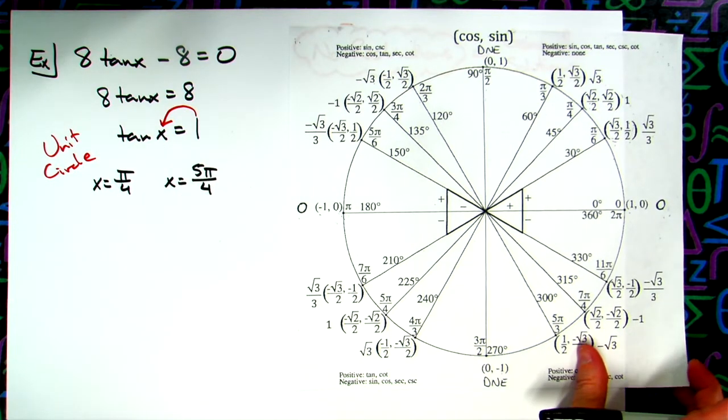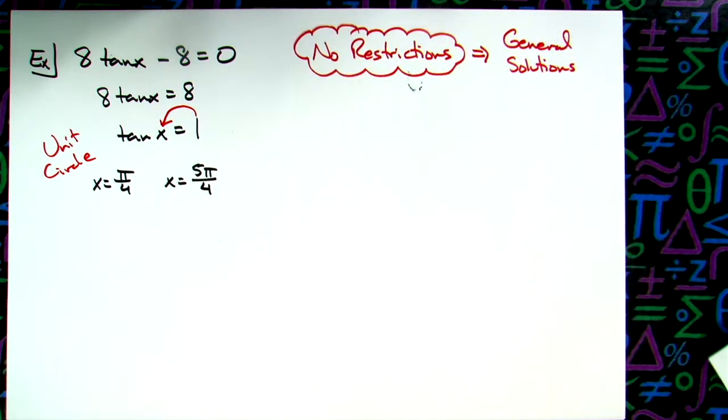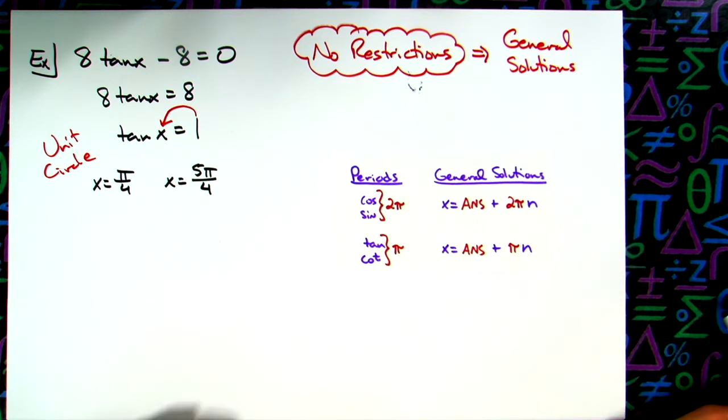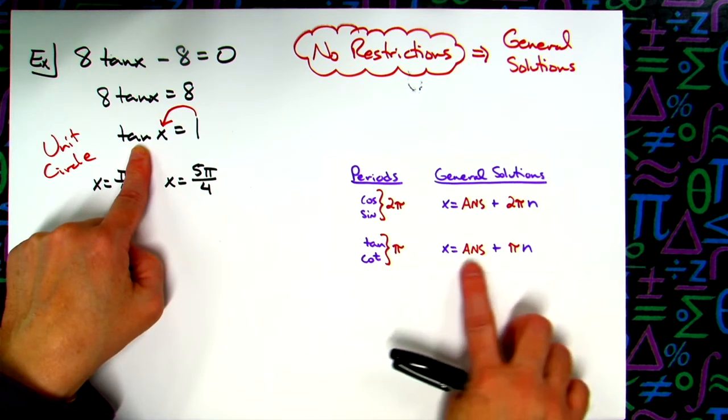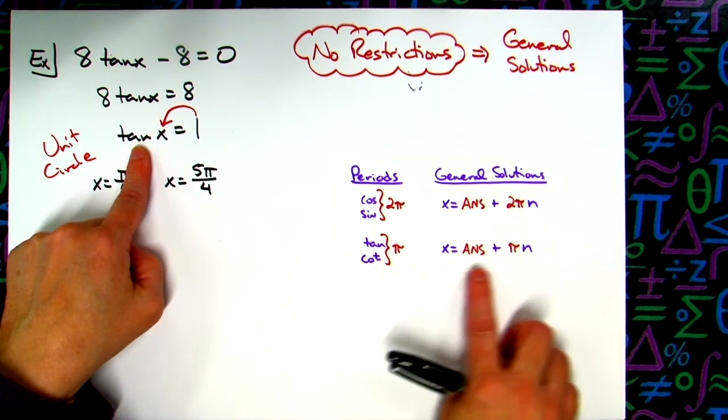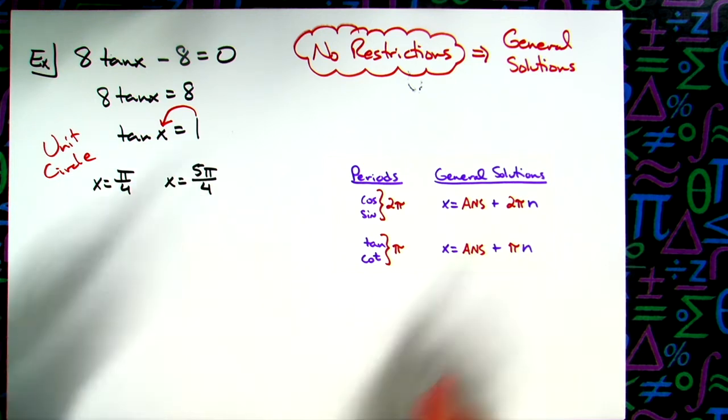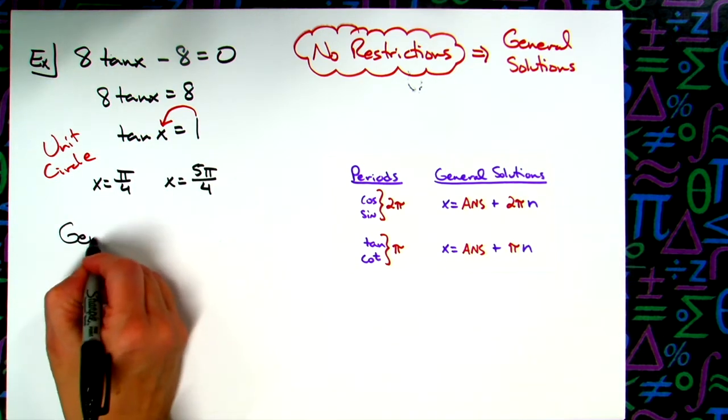Say what? And then you just make your general equations. Yep. And so I'm going to put my little cheat sheet up here. Okay, but now this one is a tangent equation. So I'm going to have my answer plus pi n. I'm going to have my other answer plus pi n. So general solutions then,